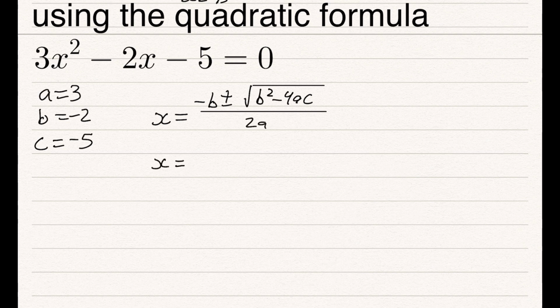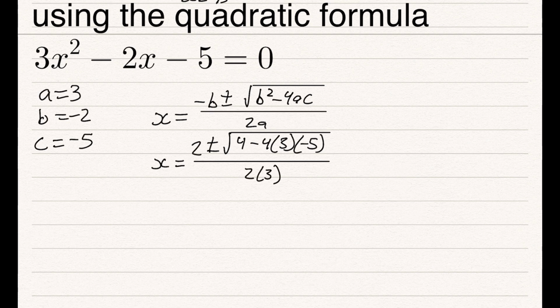So x is equal to negative negative 2 is just 2, plus or minus the square root. Negative 2 squared is 4, minus 4 times a is 3, and c is negative 5, all over 2 times 3. So x is equal to 2 plus or minus the square root of